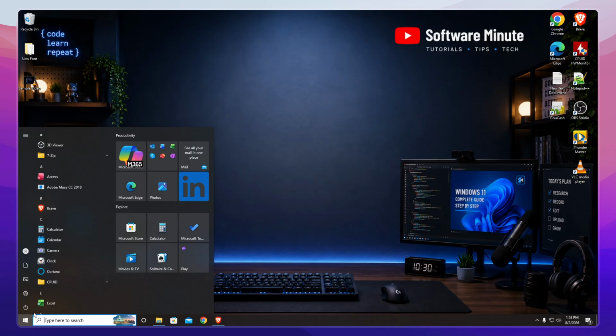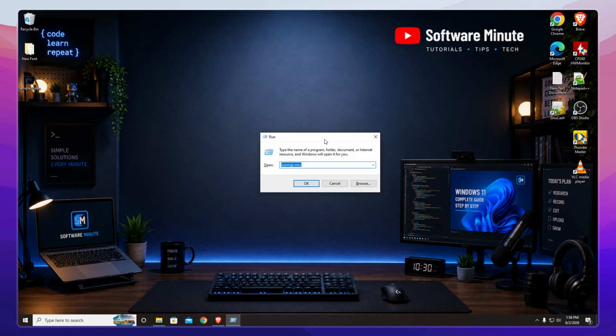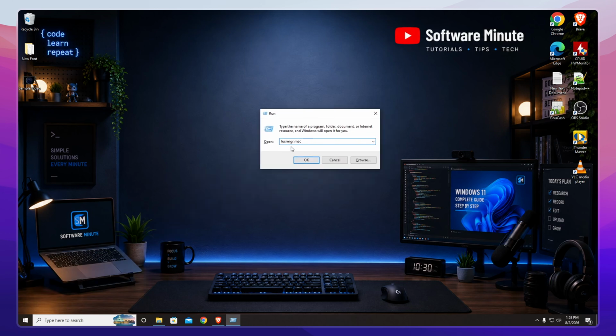From here, type in Run in the search bar and press Enter. This will launch the Microsoft Run dialog box, which is a quick way to access different system utilities without navigating through multiple menus. In the Run dialog box, type in